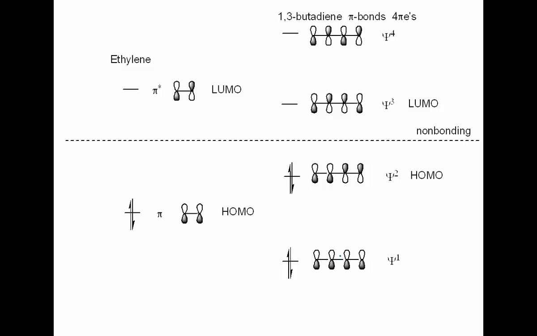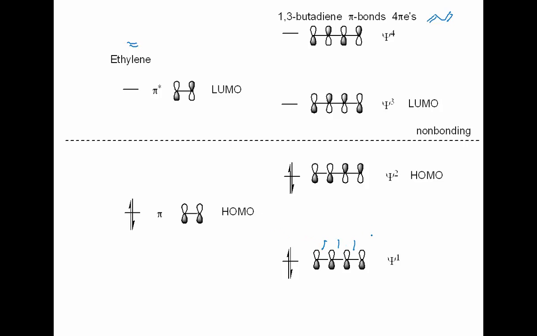So we can actually now have 4 orbitals involving interactions of the pi bonds in 1,3-butadiene. So here's 1,3-butadiene, remember, and ethylene. We can sort of estimate the relative energies of these orbitals right here by looking at the fact that